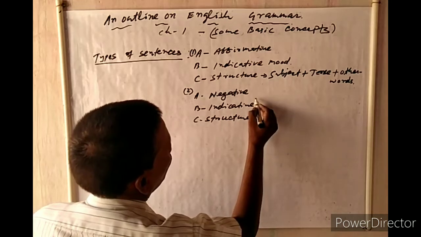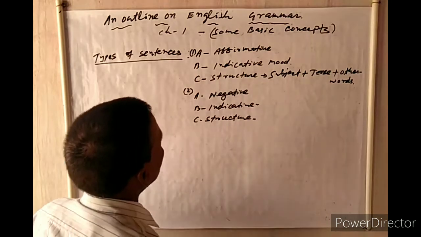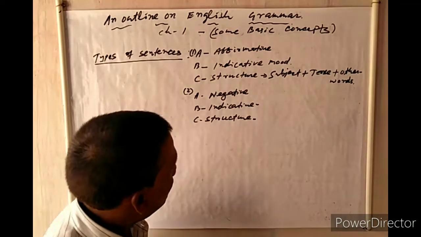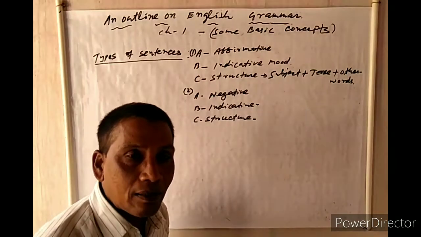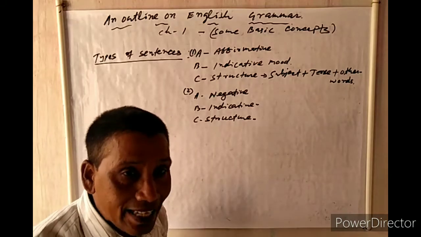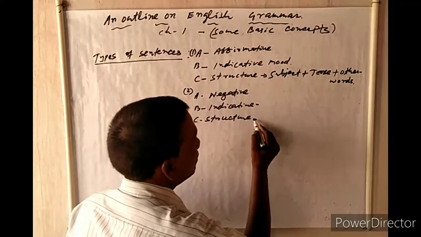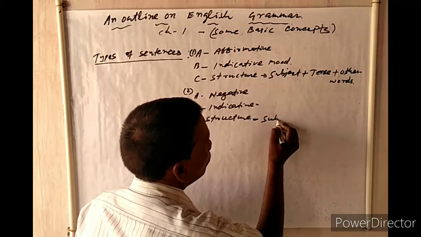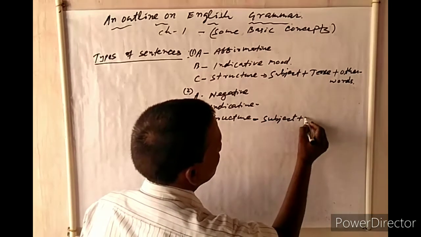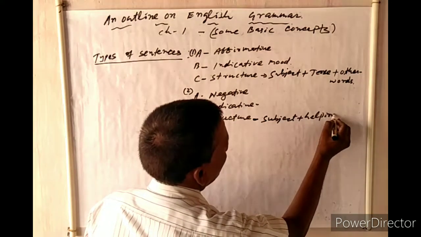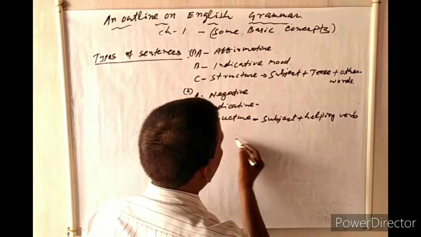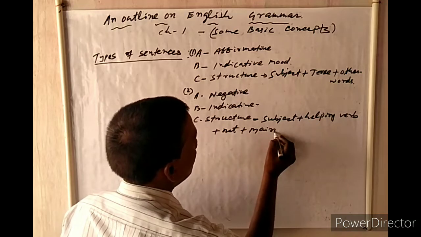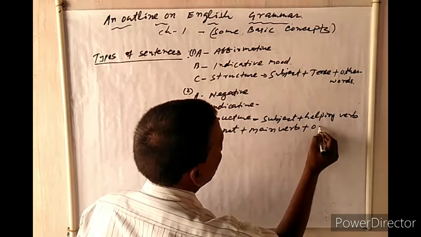Structure. So, what is the structure? What is the first structure? It means what is the simple structure of negative? To make any sentence negative, to make the verb negative, to make the tense negative, what you have to do is, you have to use subject plus helping verb plus not plus main verb plus